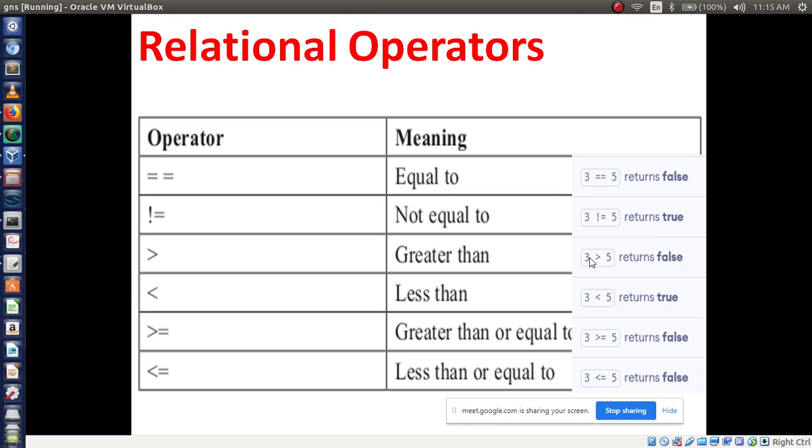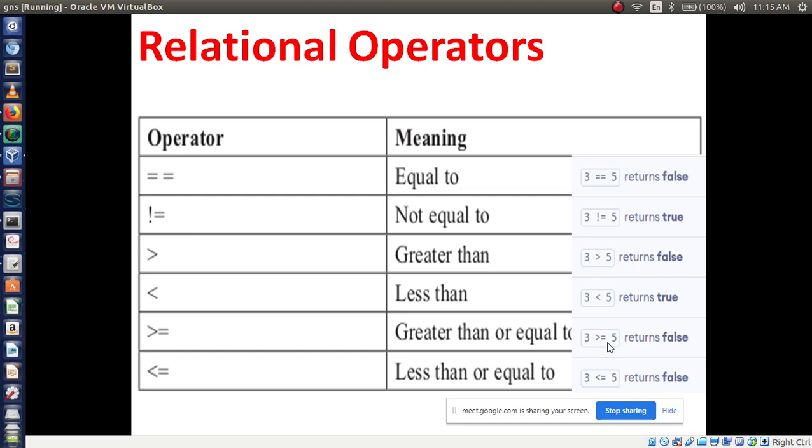Now 3 greater than 5. The condition is false, because it is not greater than 5. Next, 3 less than 5 returns true, because 3 is always less than 5. Now greater than or equal: 3 greater than or equal to 5, the condition is false.